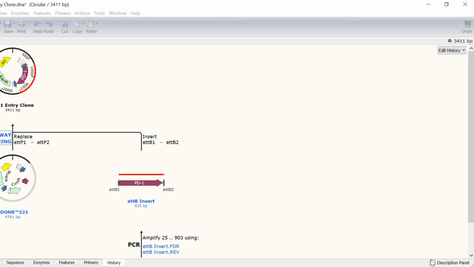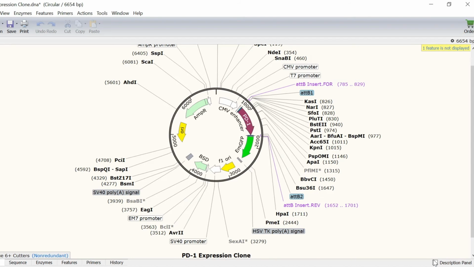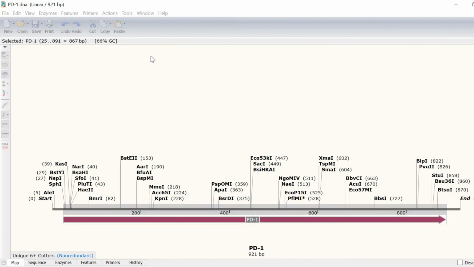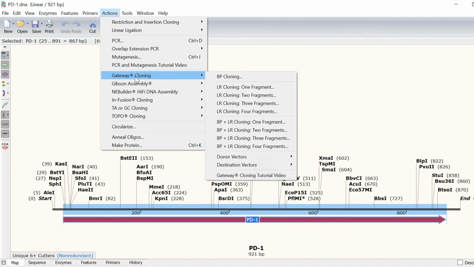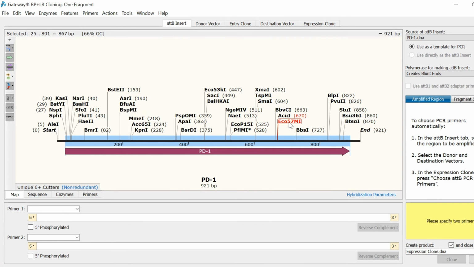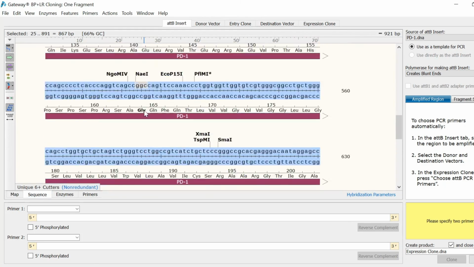And that's it. We have successfully simulated gateway cloning in SnapGene. It's also worth noting that the BP and LR simulations can be performed in a single step, as opposed to the two-step process I just showed you. To do this, with the insert of interest file open, go to Actions, Gateway Cloning, and then select BP plus LR Cloning 1 Fragment. Then, as before, simply highlight the region of interest within the attB insert tab,